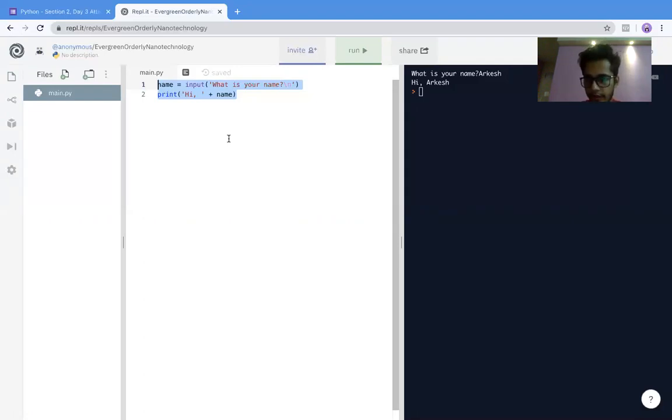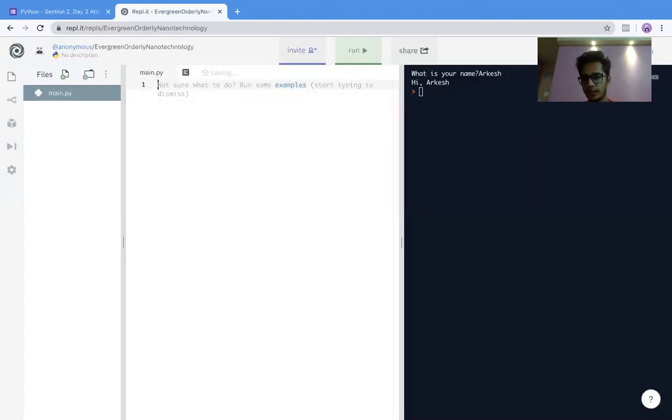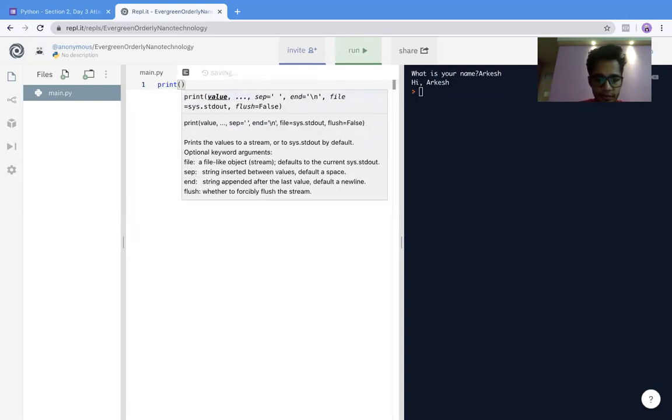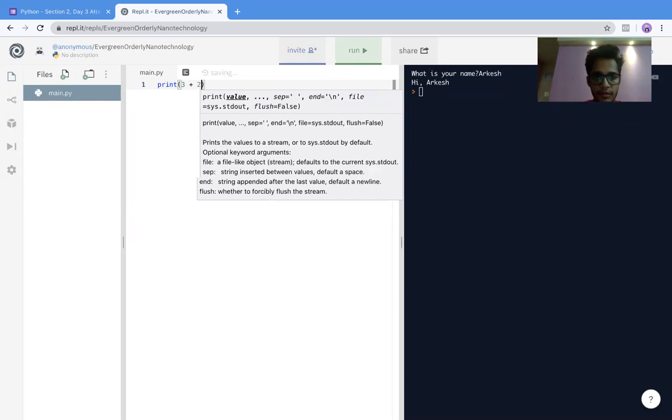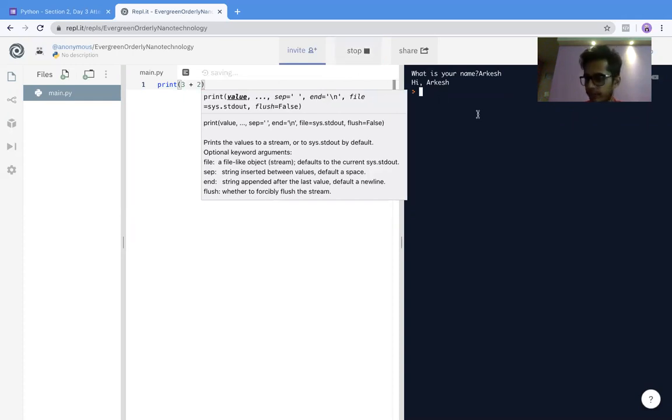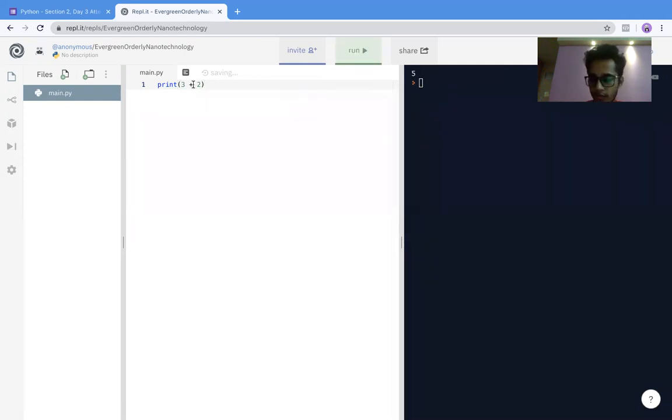Use the mod operator. Yes. Okay. So let's start by talking about operators first of all. We can write something like this. We've already seen this: 3 plus 2, and this will give us 5. This you already know. So this is a plus operator. I'll change the operator to minus. This, you know, is a subtraction operator. 3 minus 2 is 1.